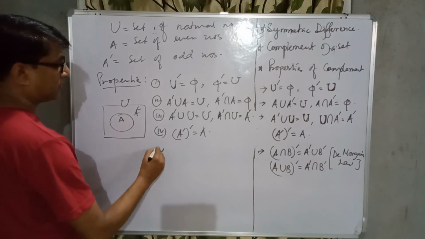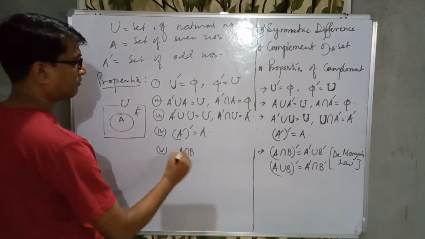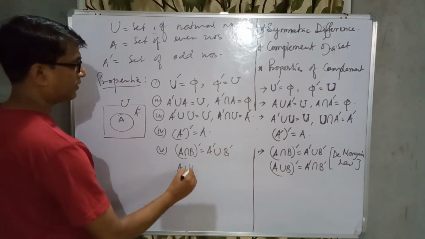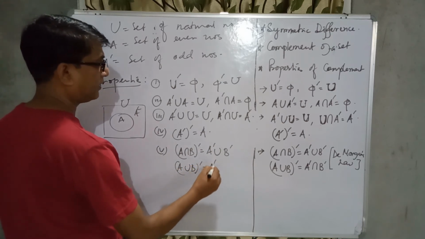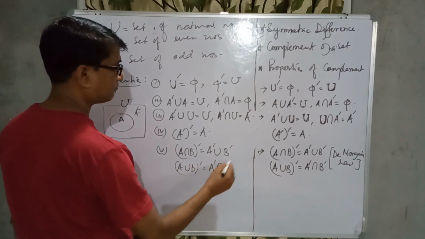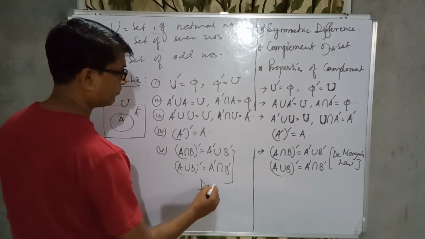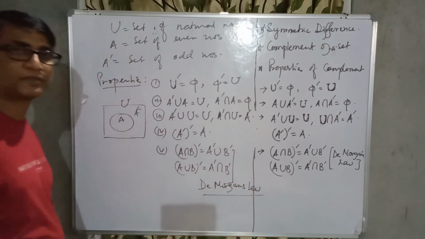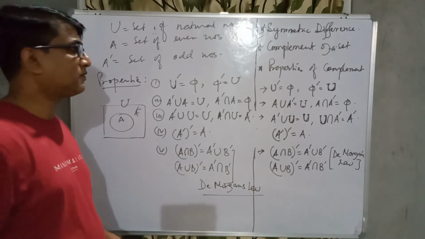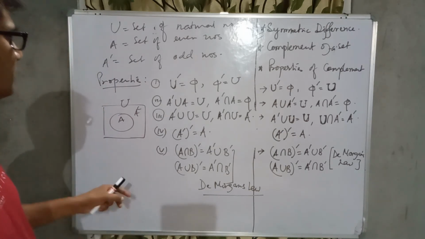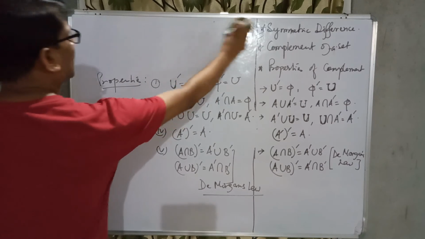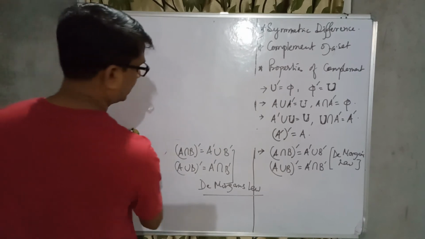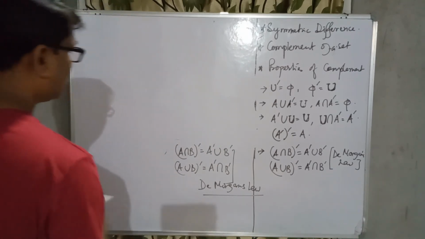Next we get: complement of A intersection B is equal to A complement union B complement. Complement of A union B is equal to A complement intersection B complement. Both rules are called De Morgan's law. These are the properties of complements. Out of the two, I'll prove one, and another you can do yourself with the help of examples